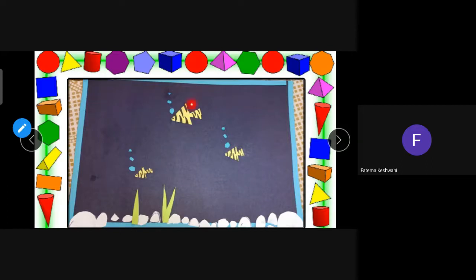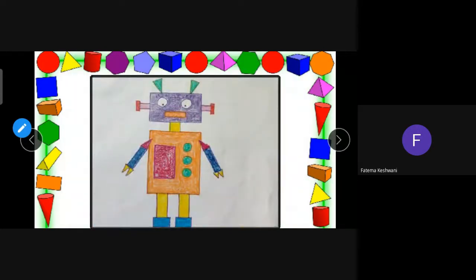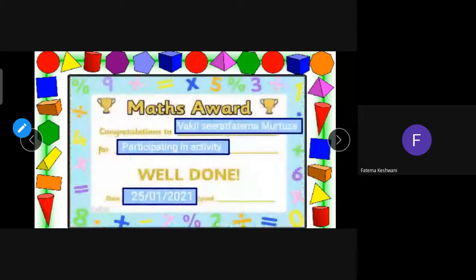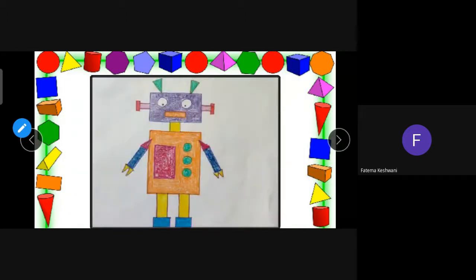Then this fish also you can see, triangle. Then in that one you can see grass also. Then these rocks, everything. Then this one was very difficult, I think, the hands and that. Can you see how difficult it is? Is this a little bit difficult as compared to that one or not?